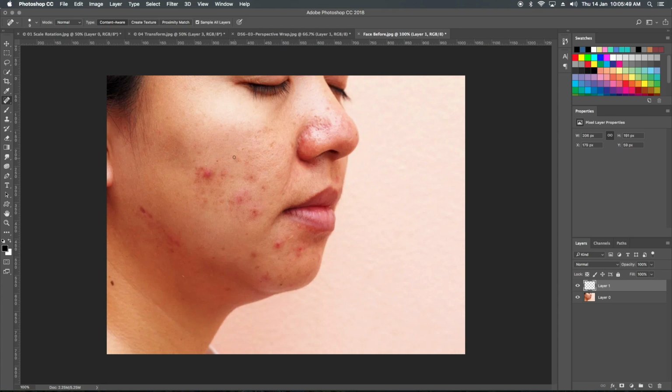One more brush tool I want to include in this, that is why I gave you this image to retouch, that is the mixer brush tool. I'll do a fast and dirty job.